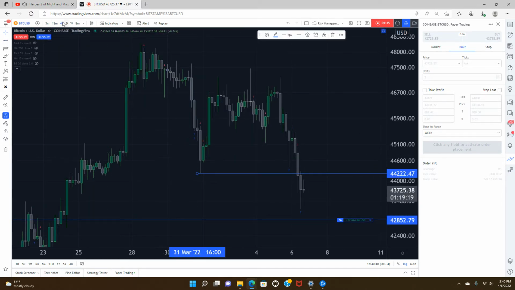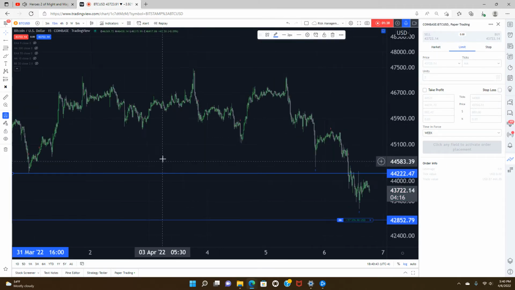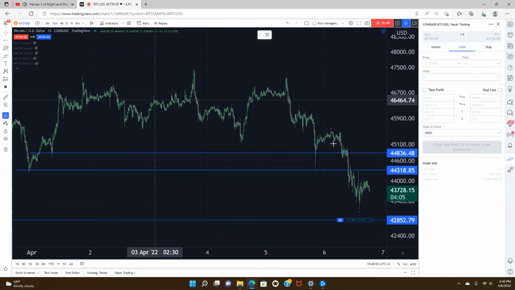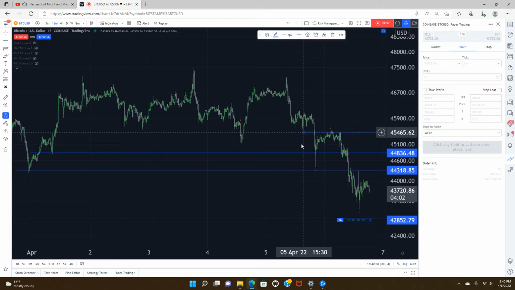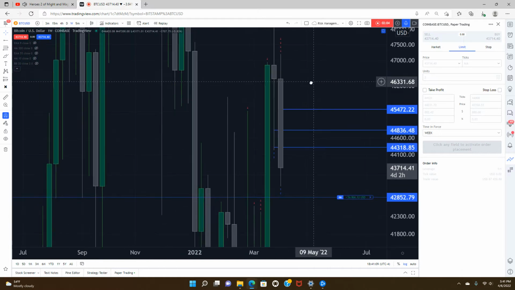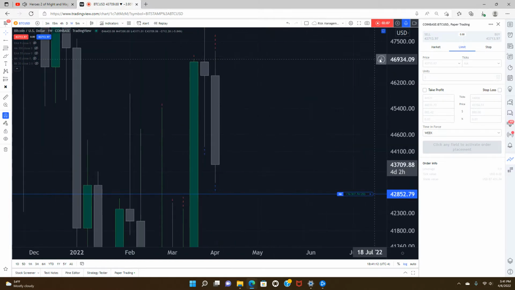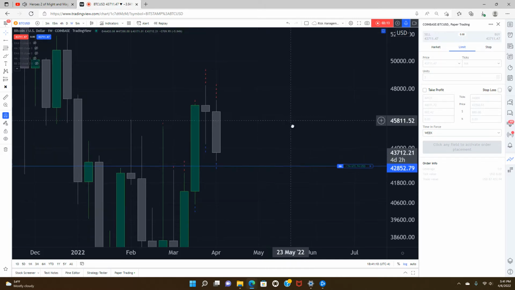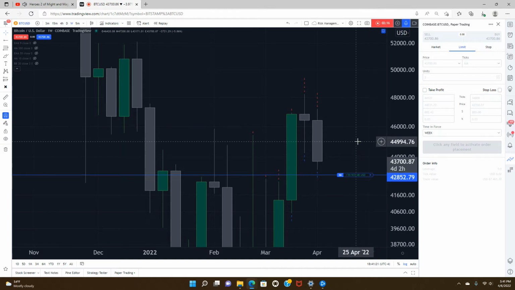And so yesterday I posted a video where I took an entry at this level here, using the invalidation down here at this low. I had my first take profit target at this level right here. Price ultimately ran up, hit my first take profit, and then ran for my invalidation. So I got one take profit hit, and then the invalidation on the trade got hit. Now the invalidation was confluent with the low of last week's trading week. So this is significant. It's worth talking about a little bit because,